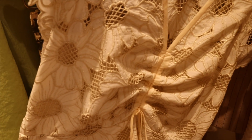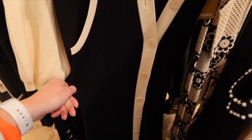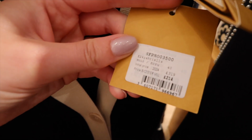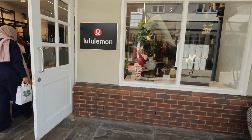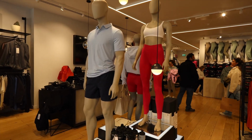They also had the really classic styles as well, those timeless pieces that are just never going to go out of fashion, and that's why we both love Sandro so much. So although they have the cute summery bits in as well at the moment, they still do have those timeless pieces as well. We then went into Lululemon, and I've not actually been in one of these shops before, but